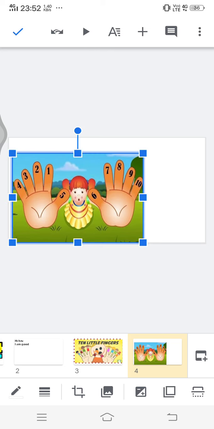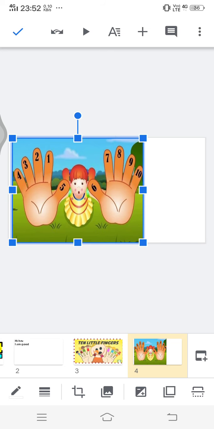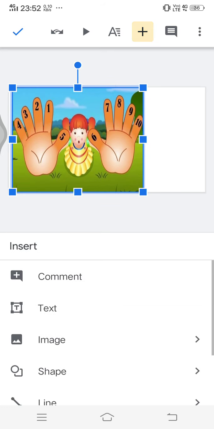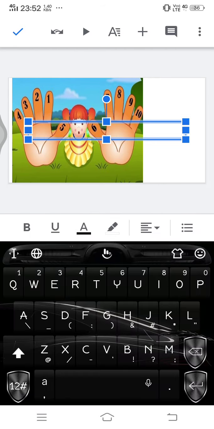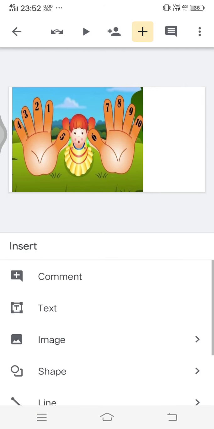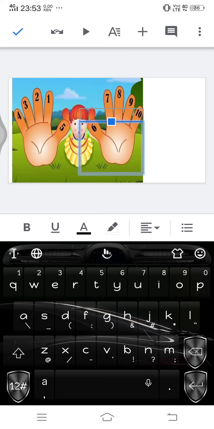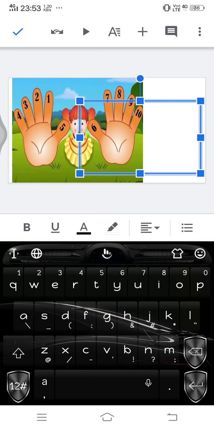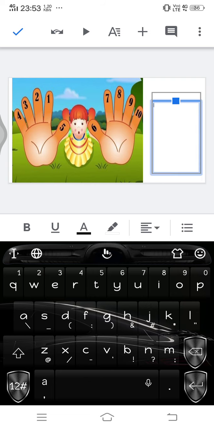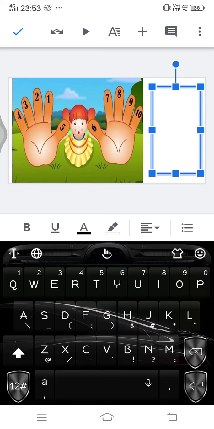So now that my image is cropped, I'm going to add a text to this white square. So I'm going to go and click text, and now the text box is there. Again, I'm going to press the center squares, and I'm going to make the text box fit within this thing alone, right? I'm going to do this so that it fits only here, and I'm going to give an instruction. I'm going to double tap and give an instruction: count with the fingers.